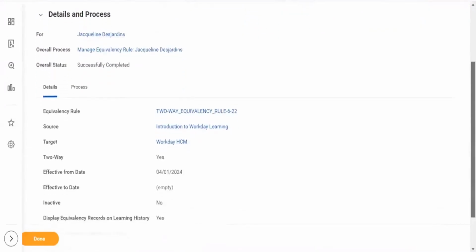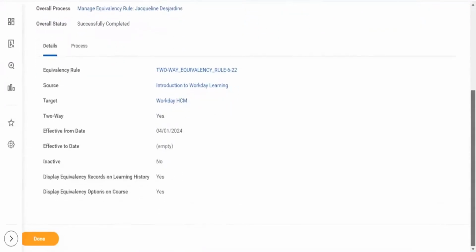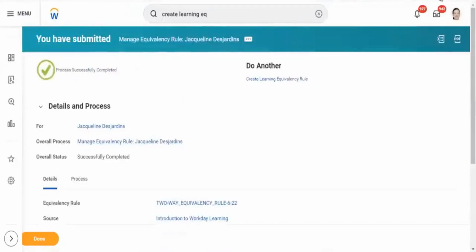When an employee completes either this one or this one, the equivalency rule will apply. This is for every employee, not just one employee. That is the reason why I said this is at tenant level, not at employee level. This rule is configured at tenant level, where every employee will be able to utilize this option.